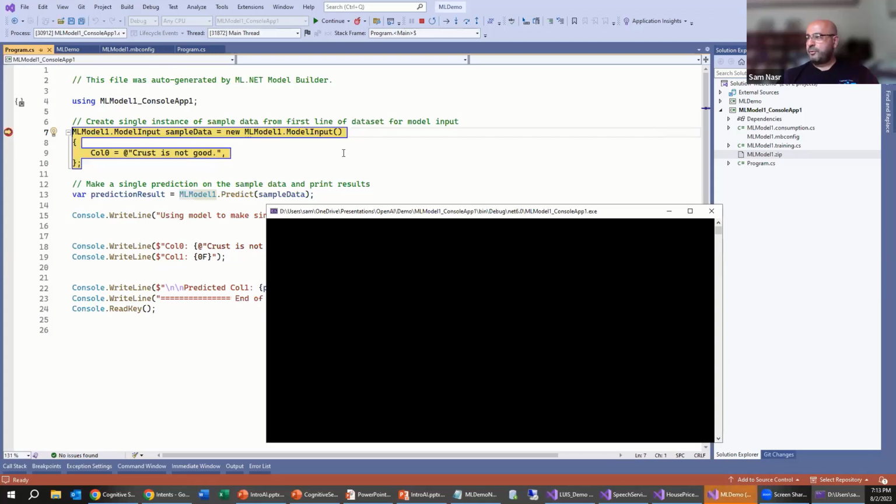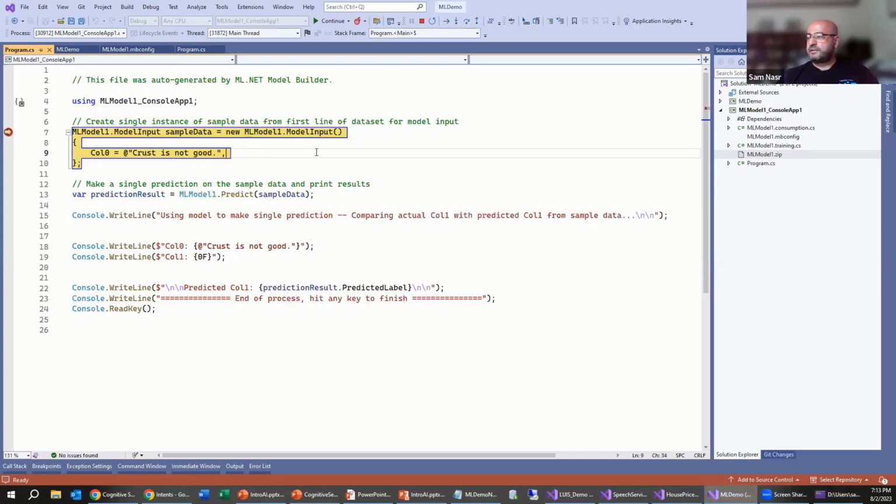All right, so there's my breakpoint. What it's doing here is instantiating the model that I incorporated in this .zip. It's instantiating that, and it's setting the data to predict into the string. Then we're going to take that string that's incorporated in the sample data object, pass that into the predict method, and then we'll get a prediction result out of that.